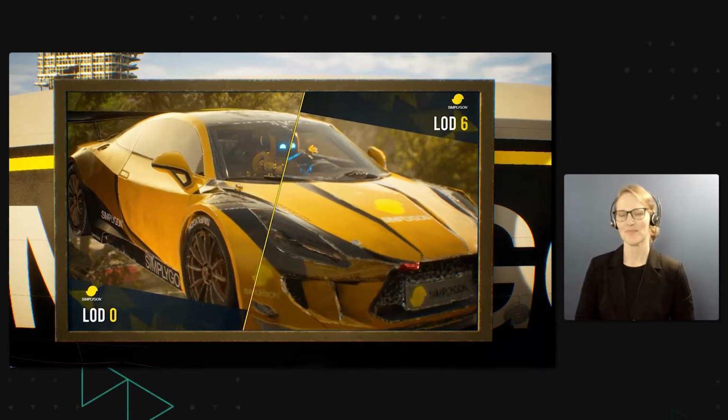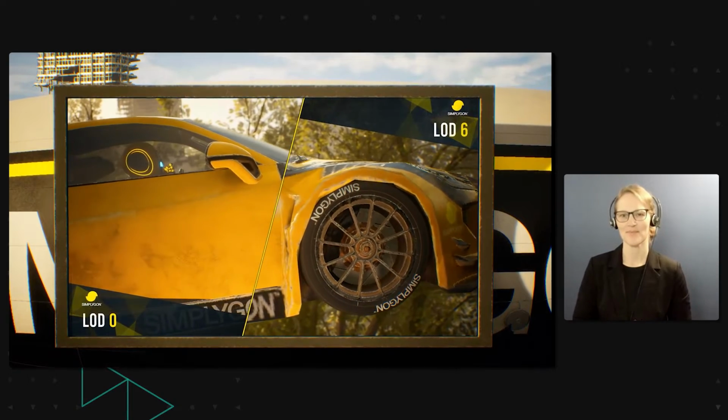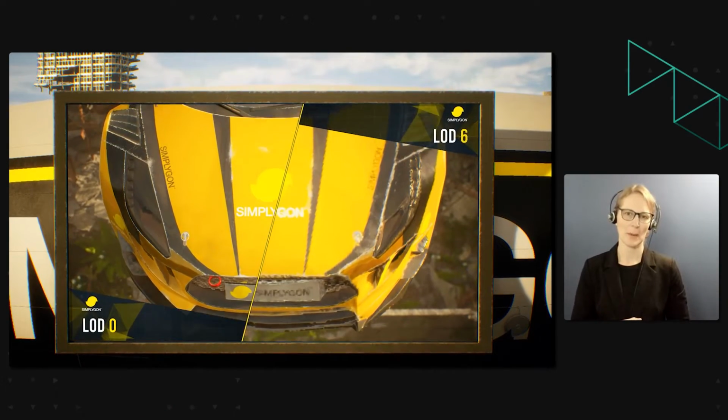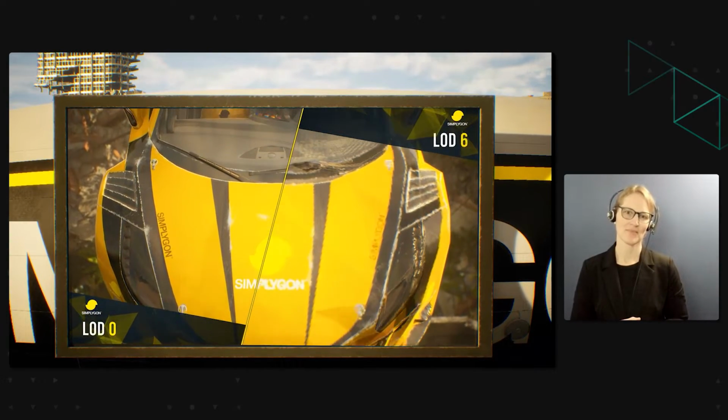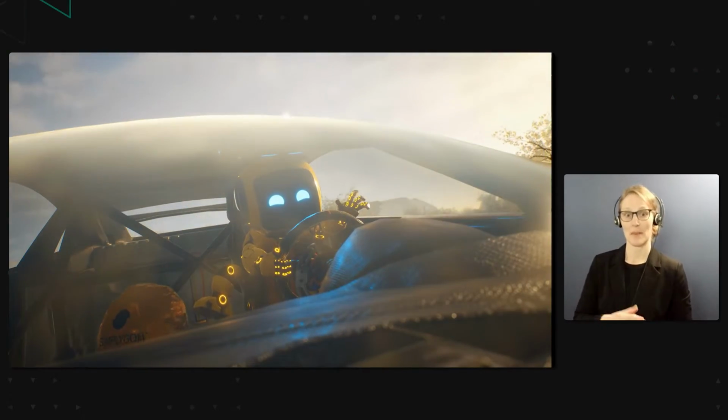Meshes can be reduced while maintaining hard edges to preserve the shine so your work looks at its best even at the lowest LOD levels.